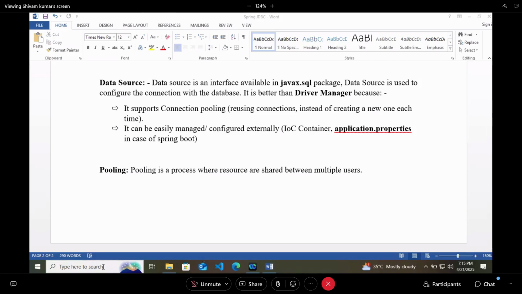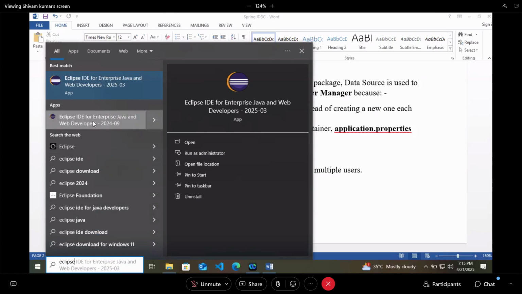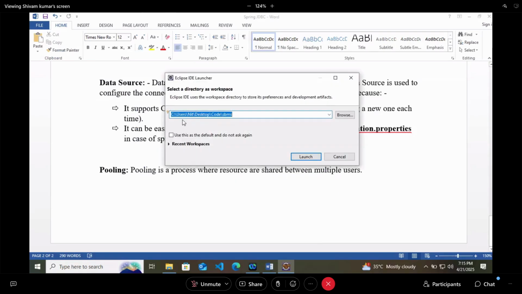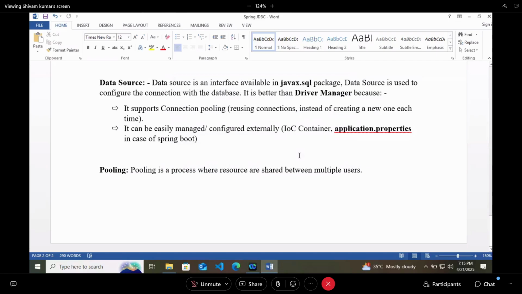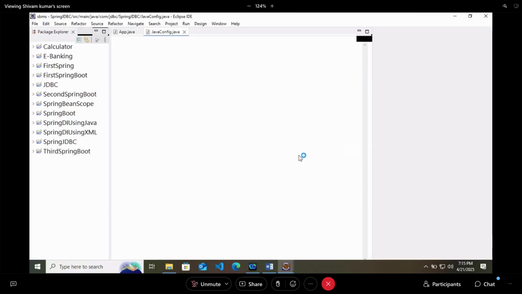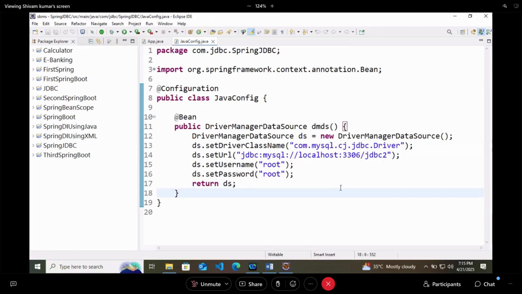In the meantime, we also developed one project. So we were using something called DriverManagerDataSource.